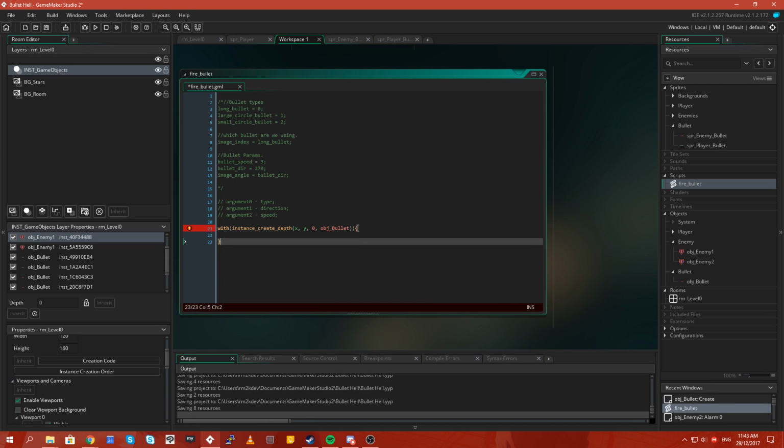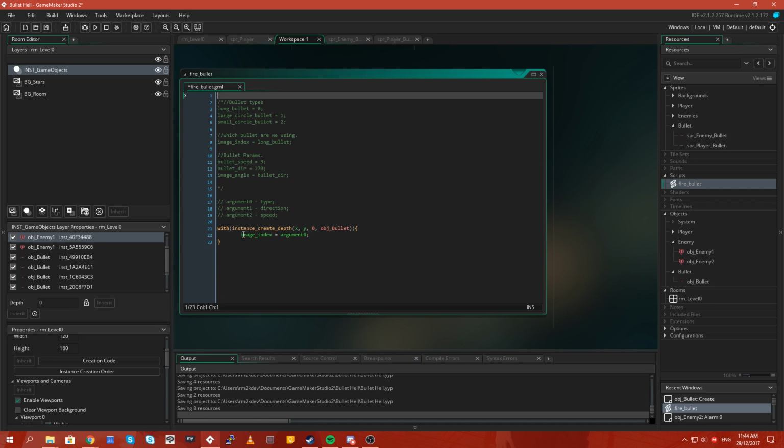Now with that object, we can now define that bullet's image index. Sorry, I'm getting confused now. Image index equals argument 0.